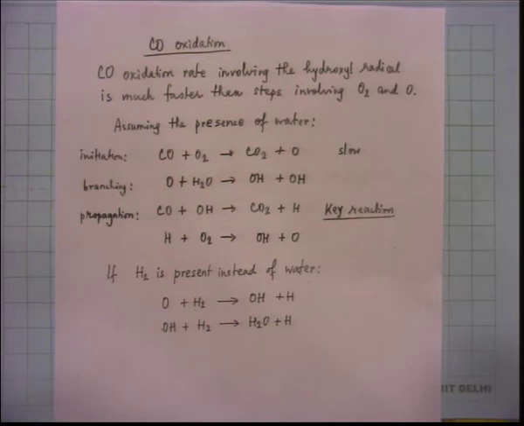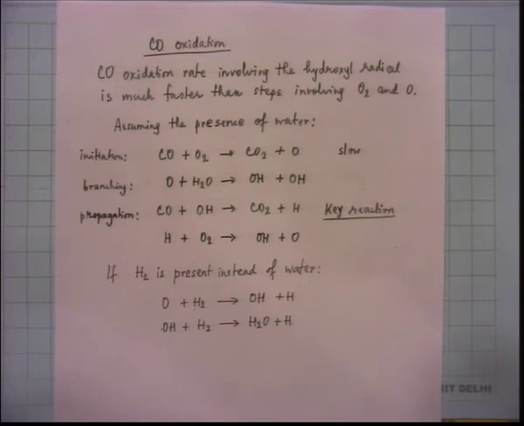So, this is also interesting in the sense that we tend to think that carbon monoxide gets oxidized to CO2 with the help of O2. Okay. If somebody asks you how do you get CO2 from CO, you will tend to think that it is CO plus O2 giving you CO2, isn't it? CO plus half O2 giving you CO2, that is what you will tend to think, but it does not happen that way. So, let us look at what we have here.